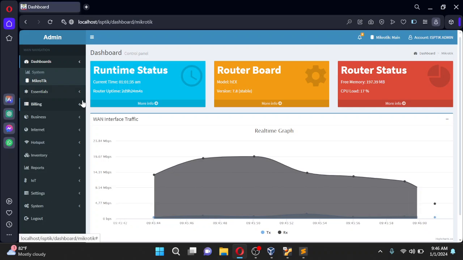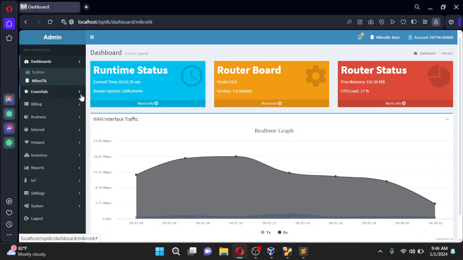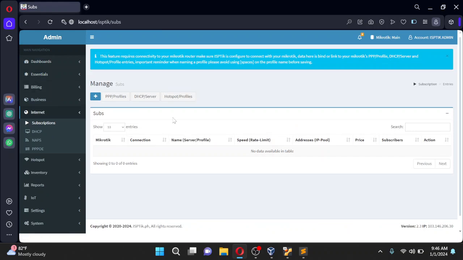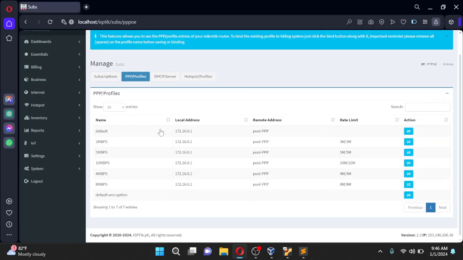So, what else? So essentials. So I have subscriptions. So if you have subscriptions, it is actually divided into three different kinds of subscriptions. You could have PPPoE profiles, or your DHCP server for DHCP based ISP service provider, or your hotspot service profiles. So if you have PPPoE profiles, you just have to click on the PPPoE profiles tab, and then